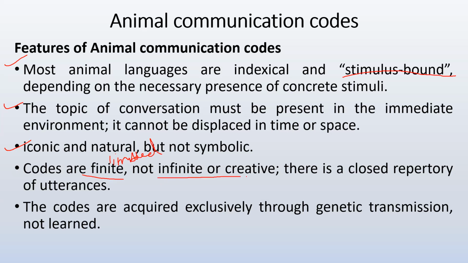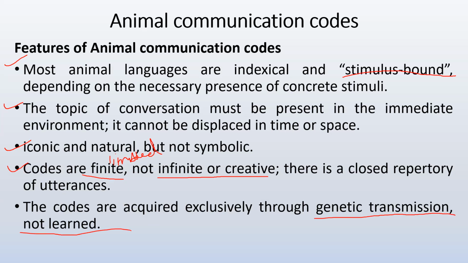Now, infinite and creative codes are available in human language. But in animal language, a very limited set of signals or signs are used by the animals. And there's a closed repertoire of utterances, very closed, not open to changes, right? Fixed number of signs. That's the idea. And next one, the codes are acquired exclusively through genetic transmission, not learned, unlike the